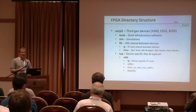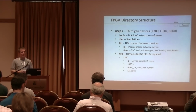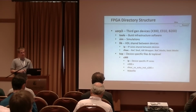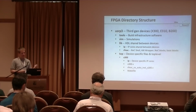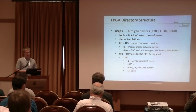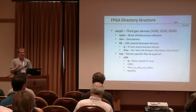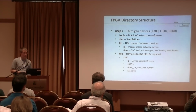USRP1 is the first generation USRP1 FPGA code. USRP2 is the second generation USRP2 in the N series. And USRP3 is our third generation code. So all the FPGA code for our third generation devices is in that USRP3 directory. If you go in there, the next level, there's a couple more folders, but the one to really pay attention to is lib, which has another directory called RFNoC,